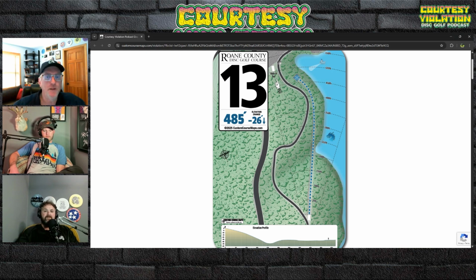You know what I'm saying? That sort of helped figure it out. But man, that hole's nothing but tree trunks. It's tough, man, and of course the walking trail and the water is OB. So, I mean, it's a tight landing zone. I saw on YouTube where they explained it could be played as an OB, and so that's why I